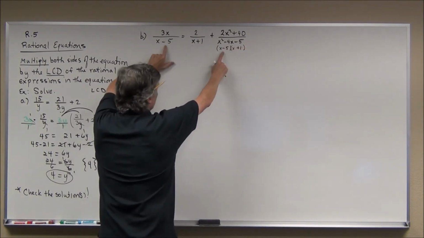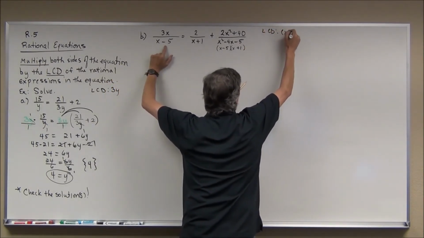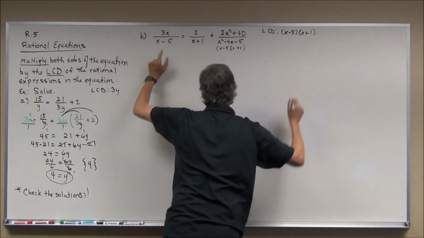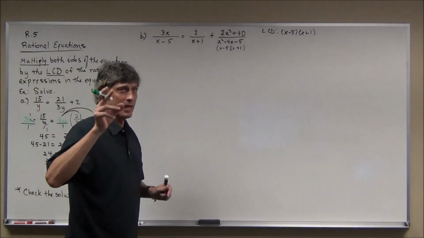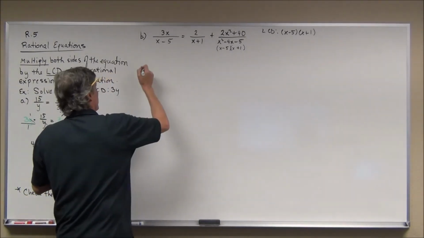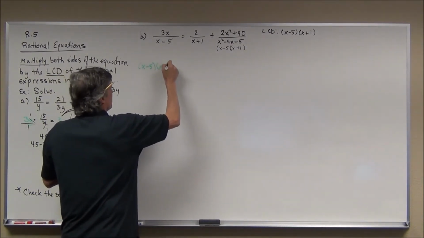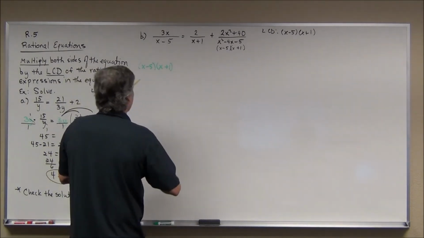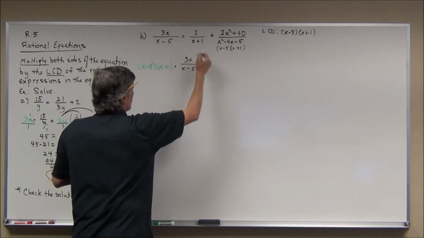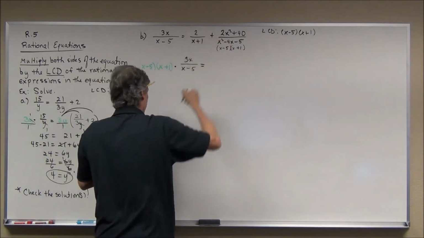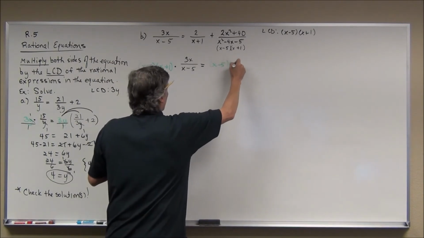Well, nice. You can see that it's a repetition of the same factors here. My LCD is going to be x minus 5 times x plus 1. So I am going to multiply through both sides by that, by x minus 5, x plus 1. And so again, I'll write it out in green here to maybe let it stand out a little bit. Okay, so that's going to be multiplied times the left side, which is 3x over x minus 5 equals. Now I also have to multiply it times this side here, so let me write her down again. This is going to be x minus 5, x plus 1 times